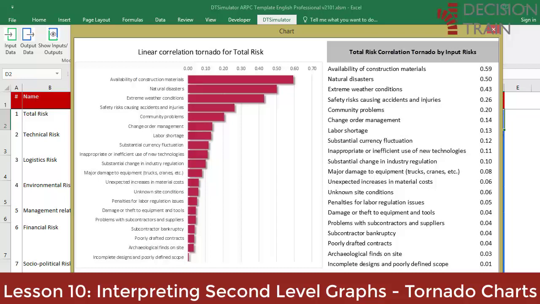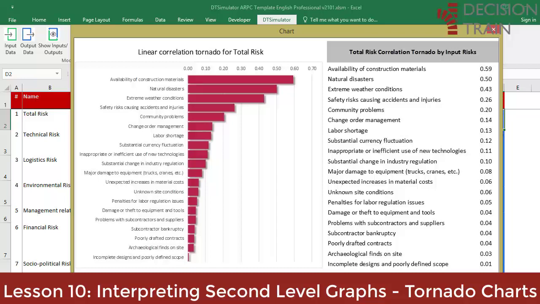In other words, both the standard deviations of the input and the output are needed for a complete interpretation of this coefficient. Admittedly, these types of formal descriptions are difficult to communicate to decision makers. In the next lesson, when interpreting third-level graphs or scatter plots, this idea of how to interpret these types of tornadoes will become clearer. For now, what is clear is that of the 20 risks present, the 3 risks that